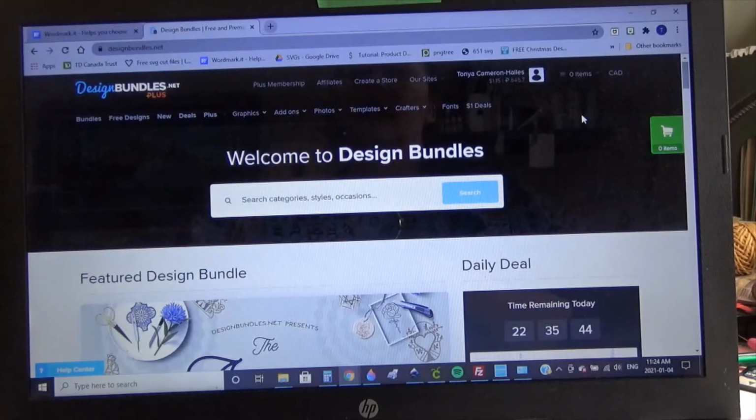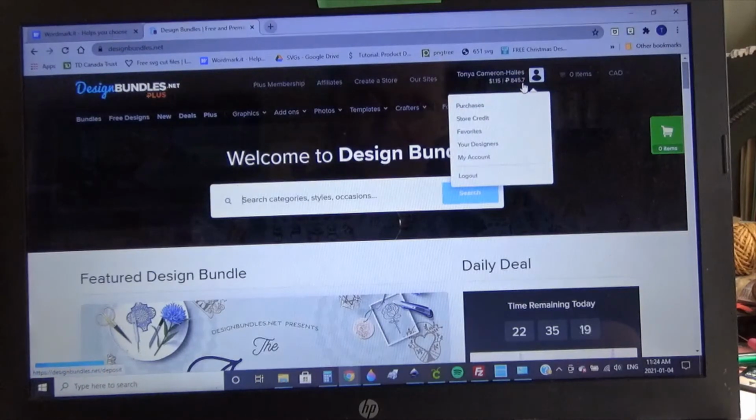So I have the top tier membership for the same cost that I was paying before. I was grandfathered in, if you know what I mean, because it used to be $7.99. Now there are different tiers: the cheaper one, the middle one, and the higher one. And what they do is they give you points, and that's what I like about it. So up here, if you notice, I have